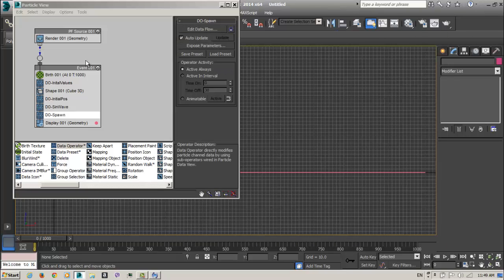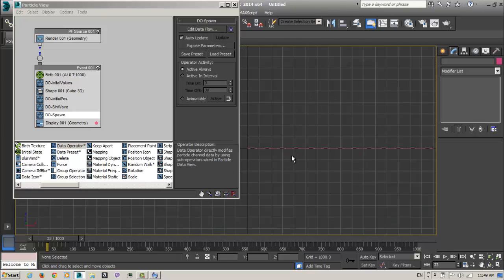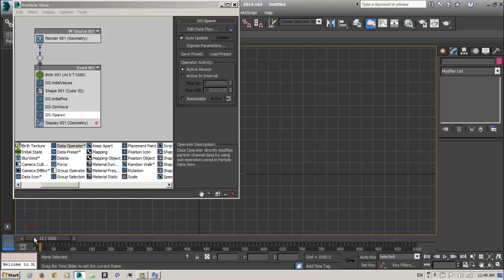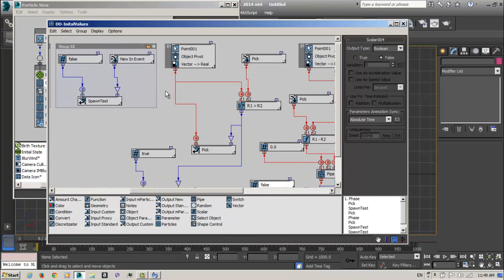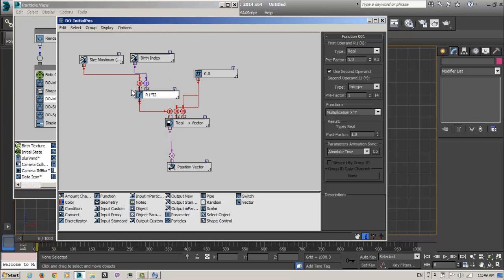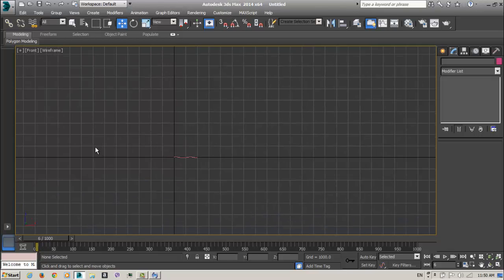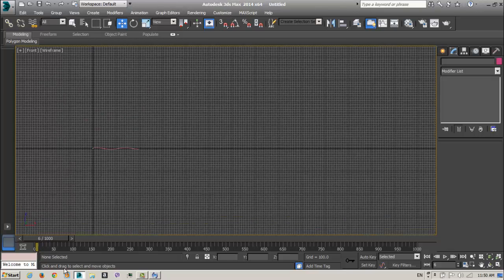So we will have some spawn here, but it will be the same, you see here. Because we connected to the initial position, we connected here to the birth, the x value, so it will create spawn particles, and these particles will come in front of.